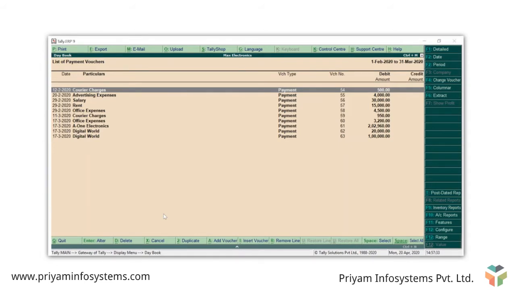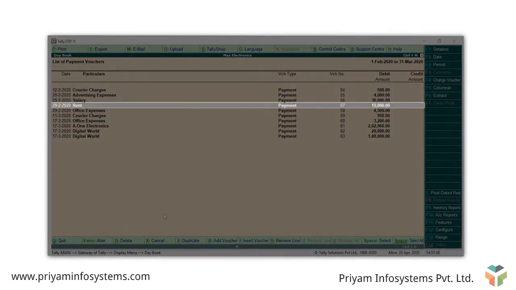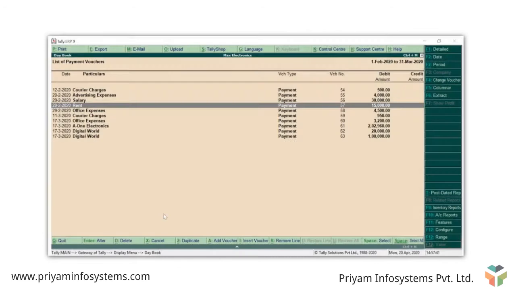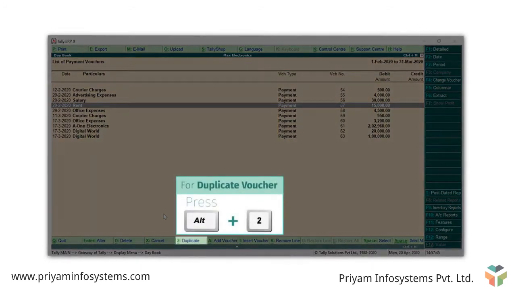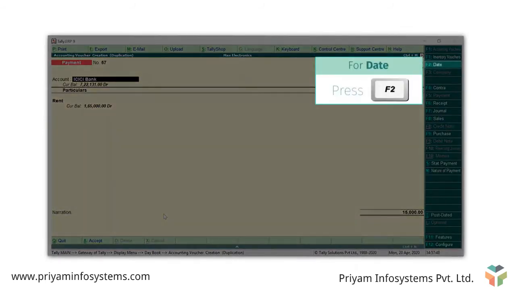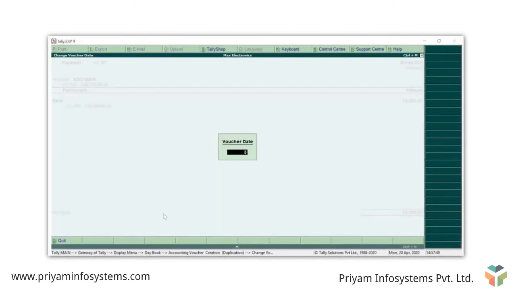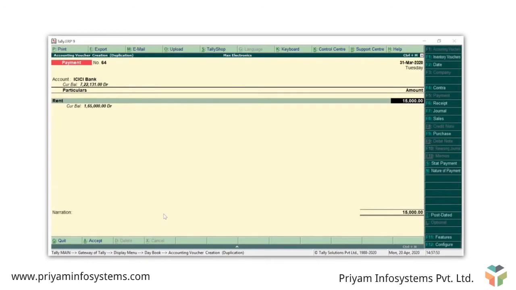To duplicate the voucher, bring the cursor to the voucher you want to duplicate. Here, I want to duplicate the payment transactions recorded for rent. Press Alt 2, change the date to the 31st of March